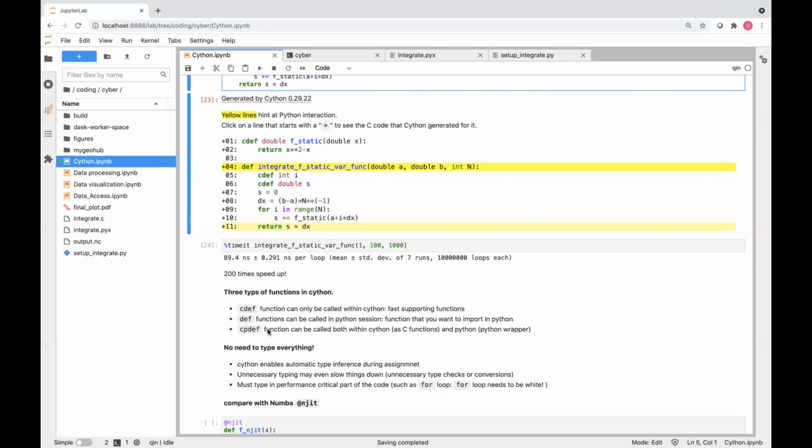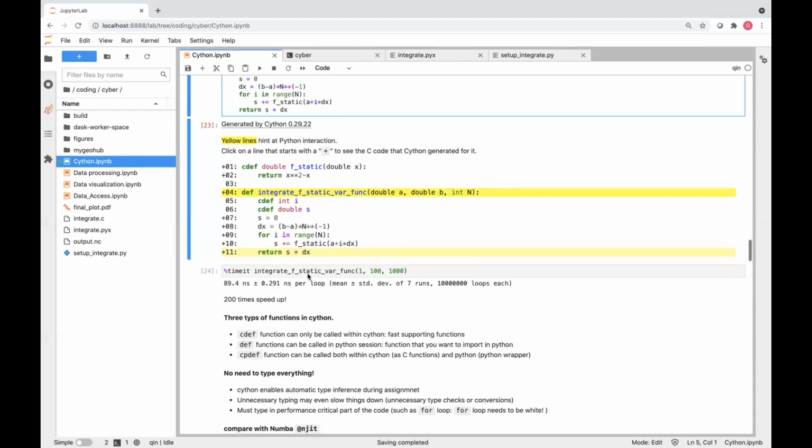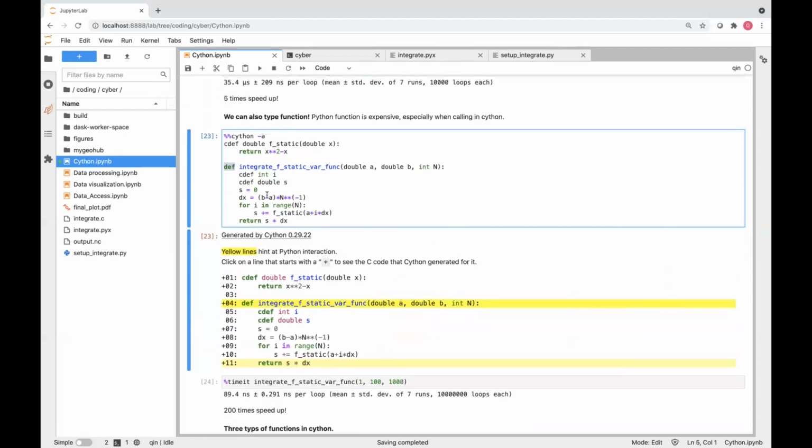Well, we have shown that static typing is really the key to the performance improvement. So people may think they need to type everything at the beginning. Well, actually, this is not necessary because Cython is able to do automatic type inference during assignment. For example, over here, we'll find that I don't type dx. That's because I have declared the types of a, b, and n over here. So when I do this assignment, Cython will automatically infer the type of dx, so there's no need to type